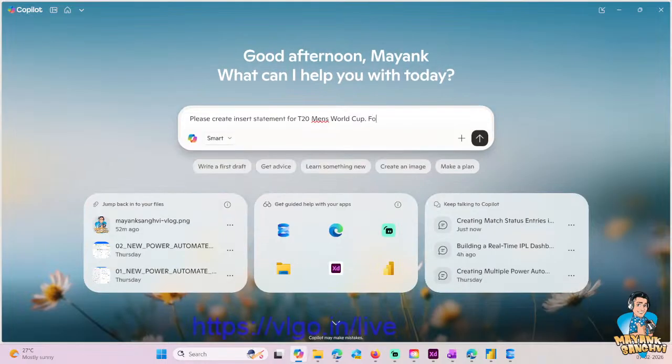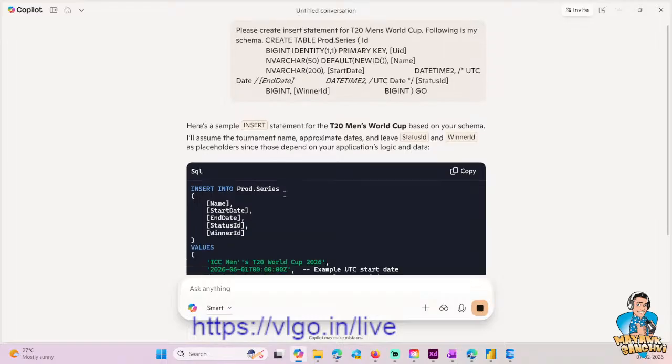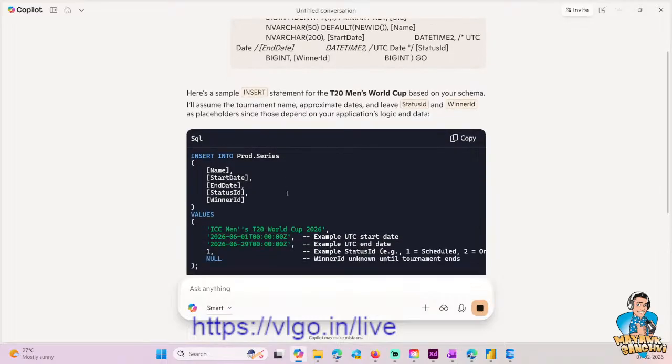Following is my schema. Okay, great. ICC Men's T20 World Cup. Okay, thank you. Example UTC start date. Okay, so